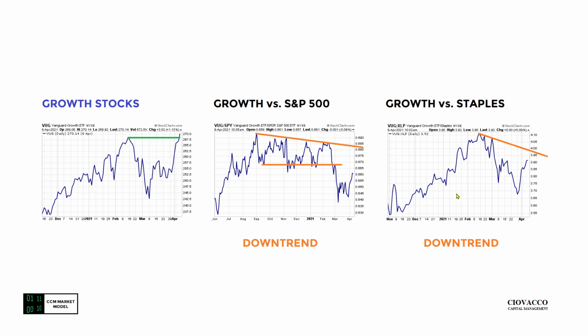And maybe even worse, you can make an argument that this is just normal rotation. If we rotate from growth and tech to small caps, banks, and energy, pretty easy to say that's healthy rotation. But if we're rotating into defensive staples, then that's not really healthy rotation. That's defensive rotation and something that we need to keep an eye on. This chart really should be labeled growth stocks versus defensive staples.